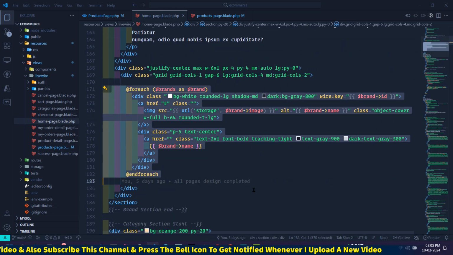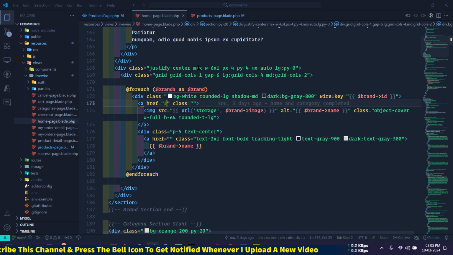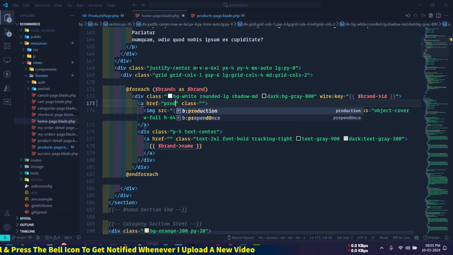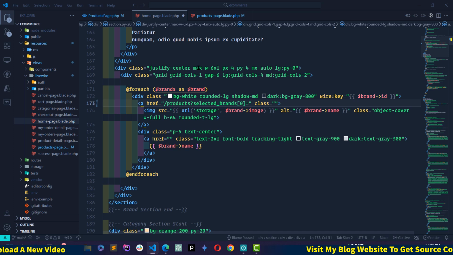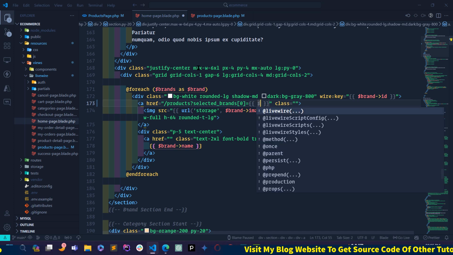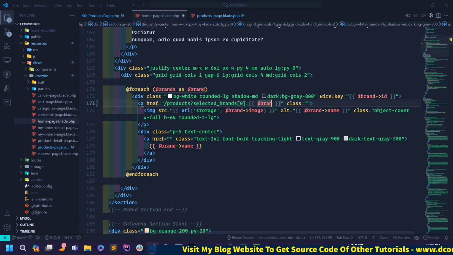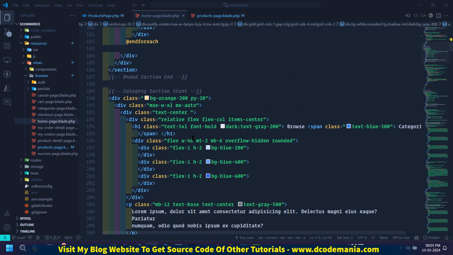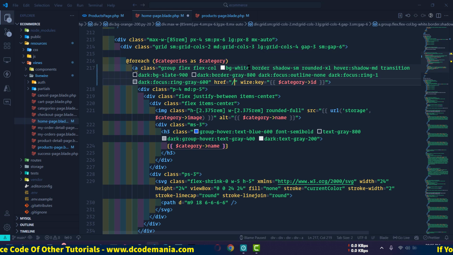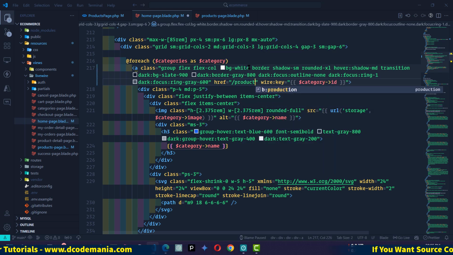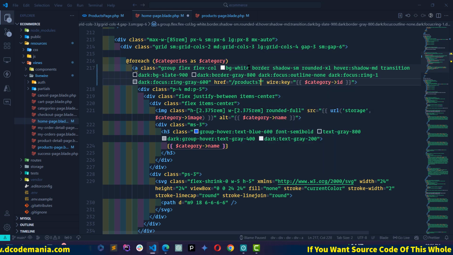So just find the home blade view, and here first I will go to the brand section. You can see this is the brand section. In href I will write the products page, then use the query parameter and paste the same thing, and here I will make this ID dynamic. So here I will write brand ID. Similarly I will go to the categories section, and in this href I will write products and query parameter selected categories,